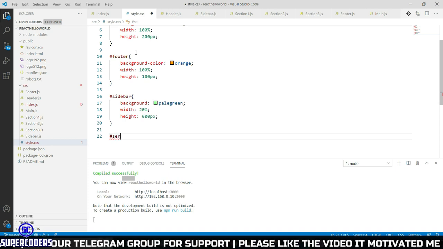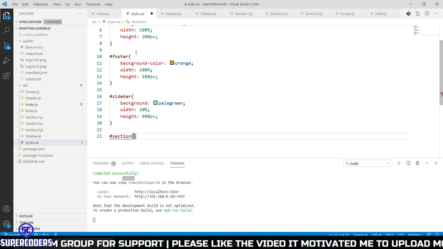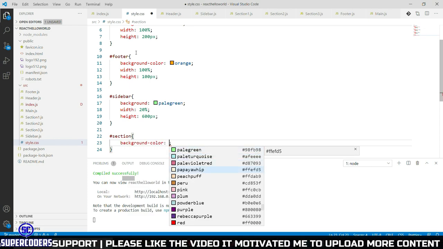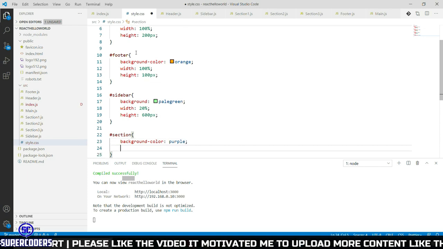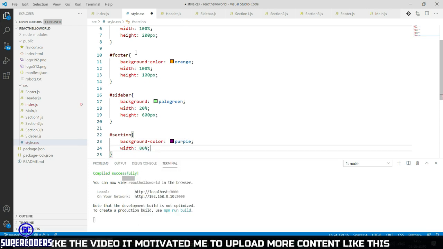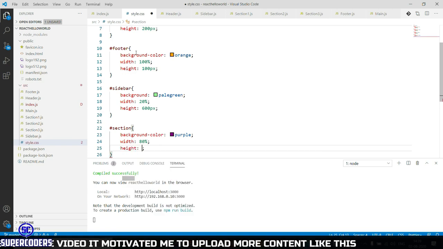Then creating section 1, giving background color purple, width 80%, height 200 pixel.